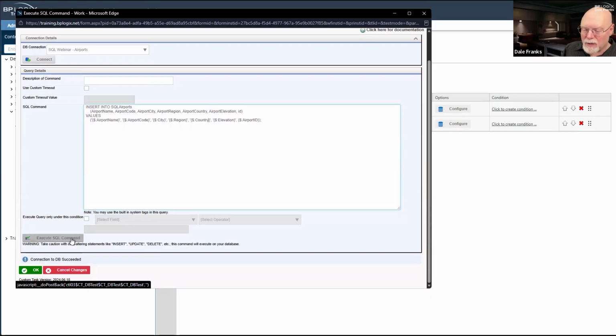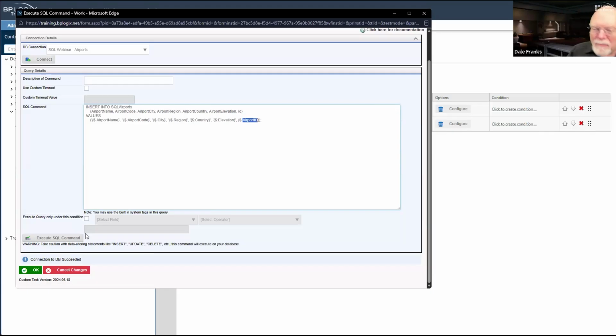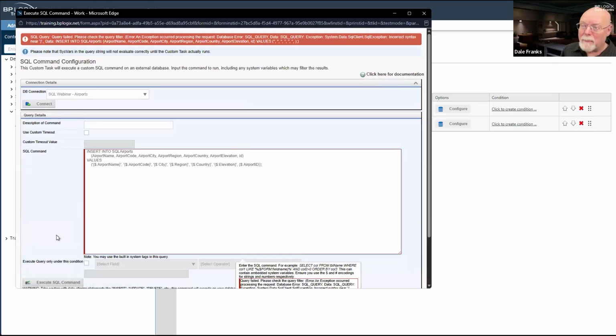If I hit execute SQL command, I'm not entirely sure what will happen here because all my values are going to be empty, including my airport ID. So I don't know if it's going to stick an empty record into my database or not. At this point, I don't care much because if it does, I'm going to go ahead and re-import my Excel spreadsheet anyway, and it's going to recover all of my data. But again, the danger of clicking this button: when I click it, whatever's going to happen is going to happen. Nothing is going to happen because I'm missing all of the values.